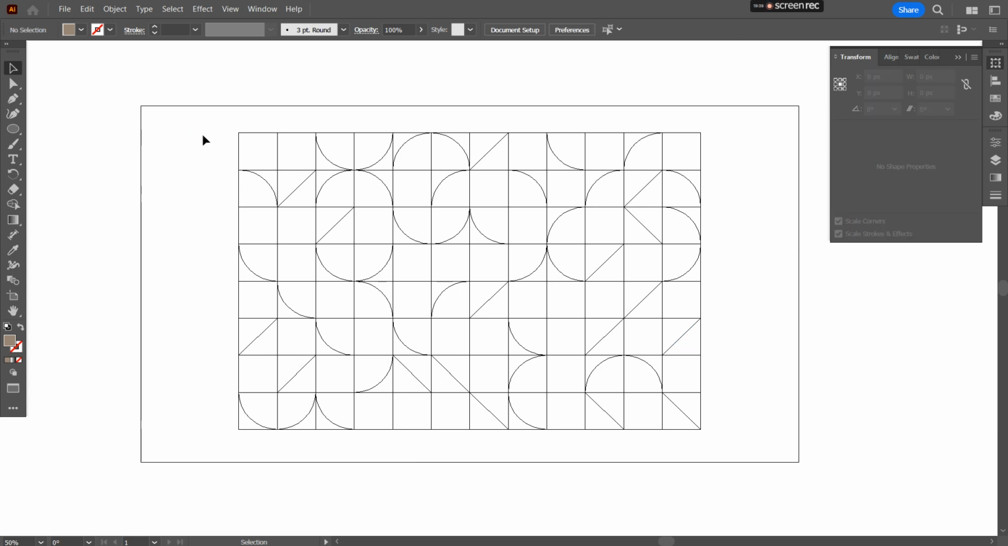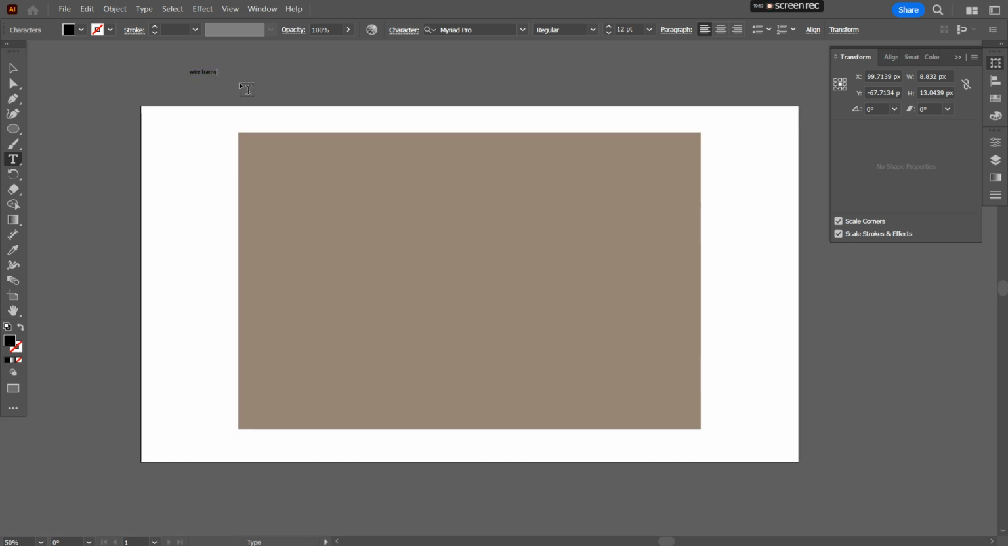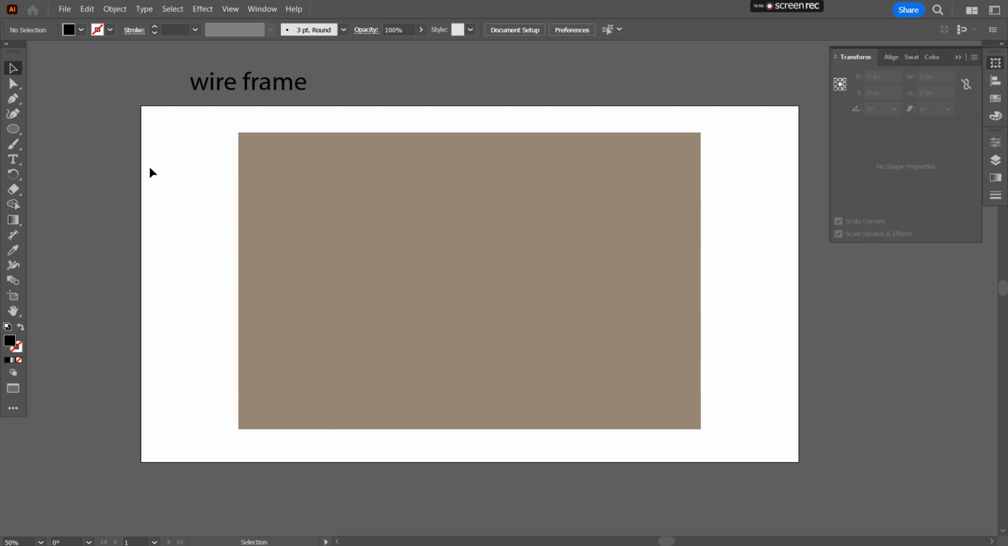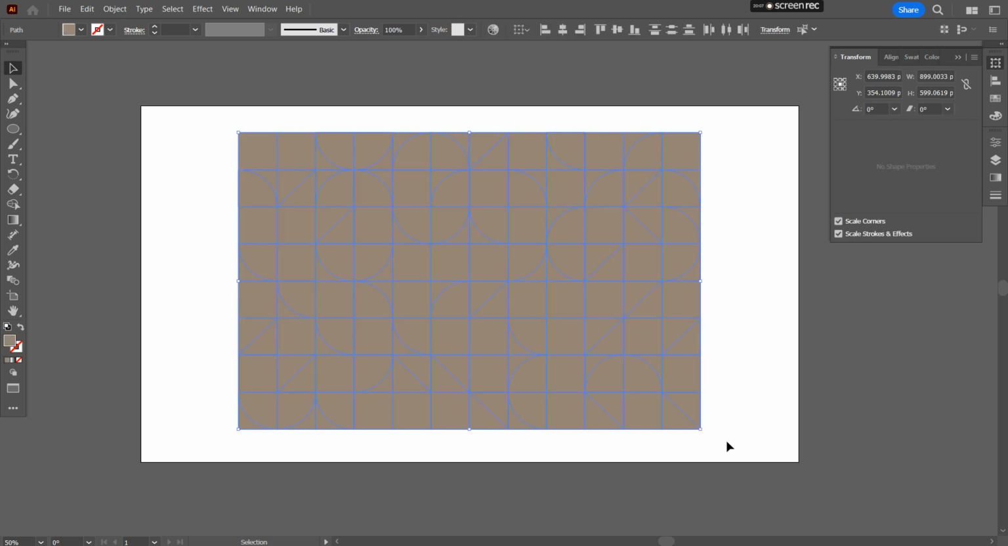Now I'll come out of wireframe. If somebody cannot hear me properly, I'm saying what I'm writing, the word is wireframe. Press Control Y, come out of it. Wireframe. The shortcut is Control Y, Y for yellow. So right now nothing is much visible, but if I select them, there you go, I have all the shapes,